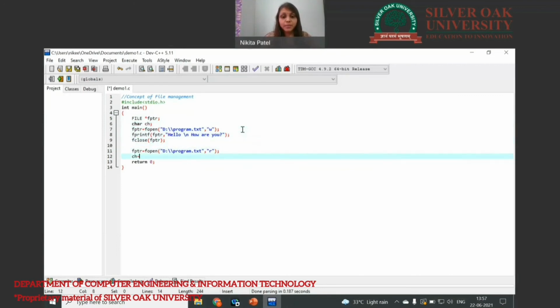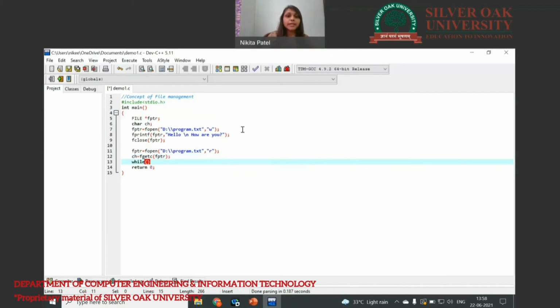So ch is equal to fgetc. fgetc is a function to get a character from a file. So fgetc and in the brackets the pointer, which is fptr. Then after we will take one loop, because we have to display all the text contained in the file, but we don't know the size or lines of the text.